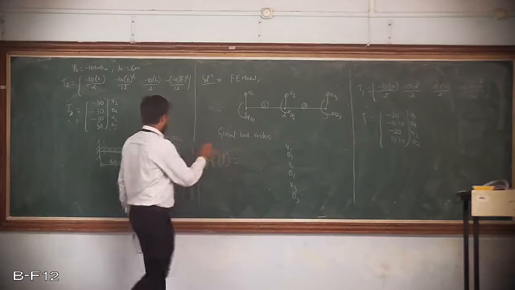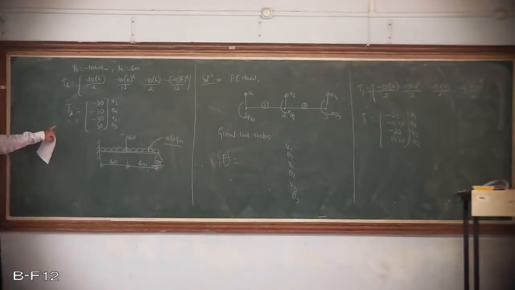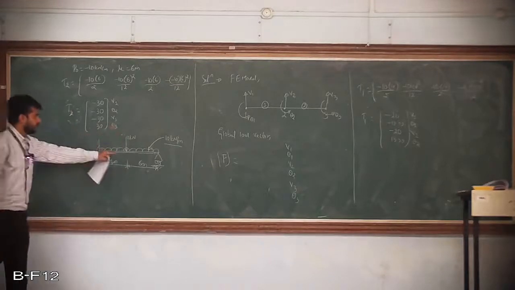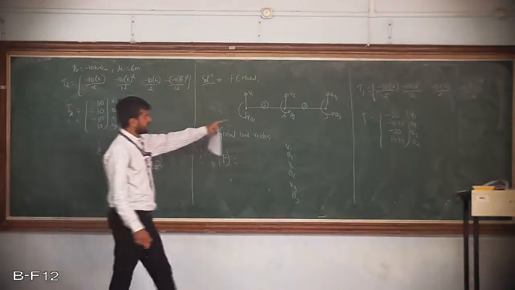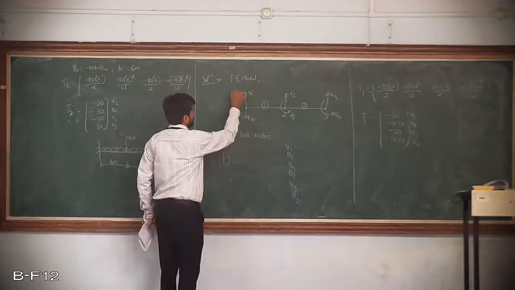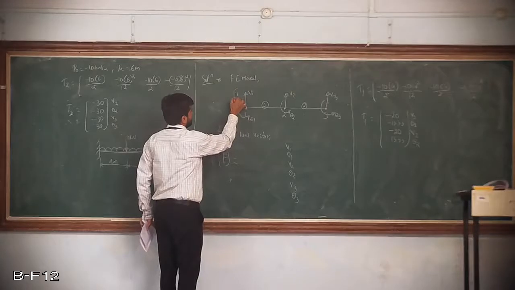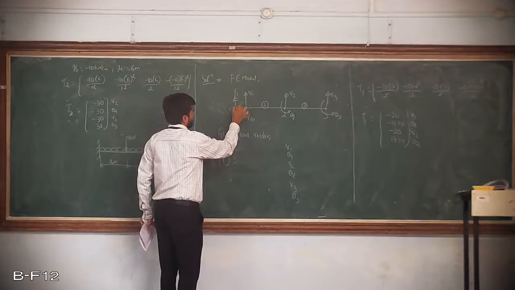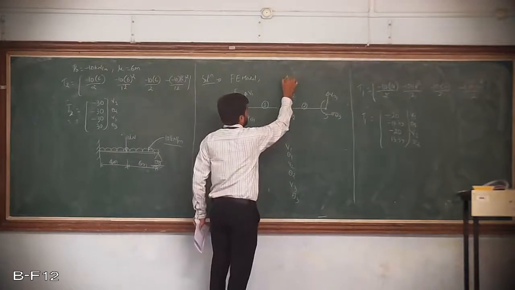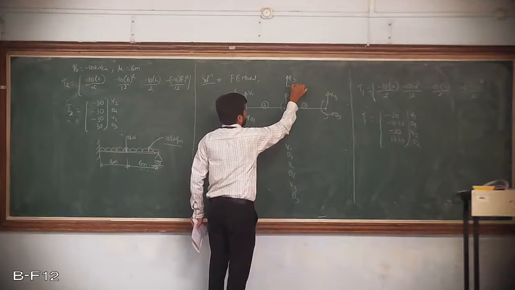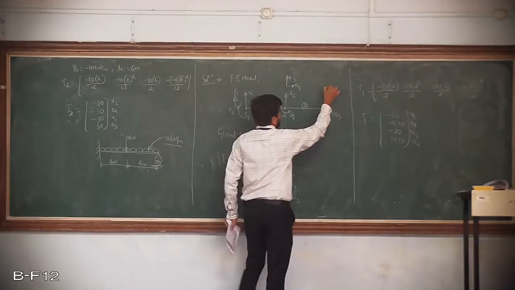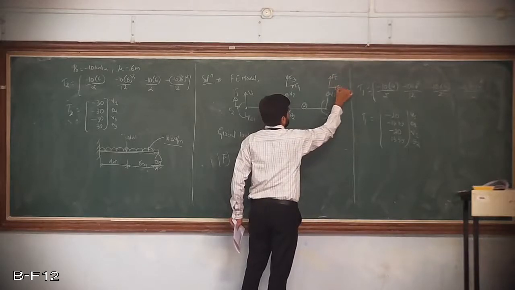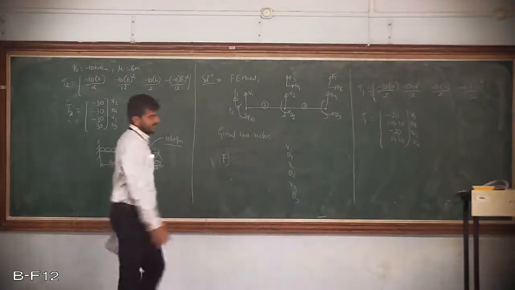If there is UDL, I have called it T1, T2, but now I am also using the point load, means I am combining the point load at node 2, where you can see here. If you want, you can write down the forces also. Here you will be getting F1 in this direction, and here F2 in this direction. Similarly, you can take F3 here and F4 here. You can take F5 and F6. These are the forces which I have assumed initially.